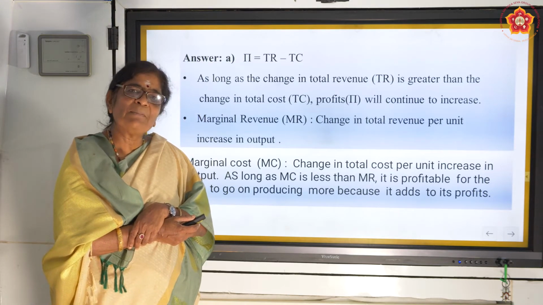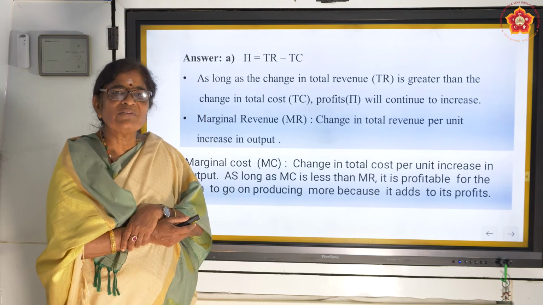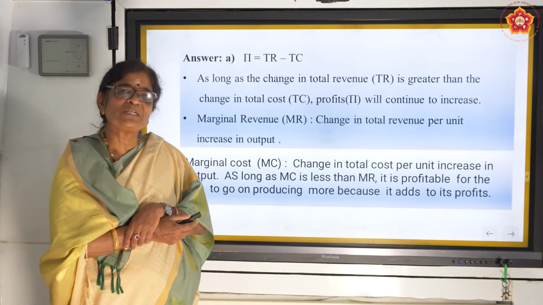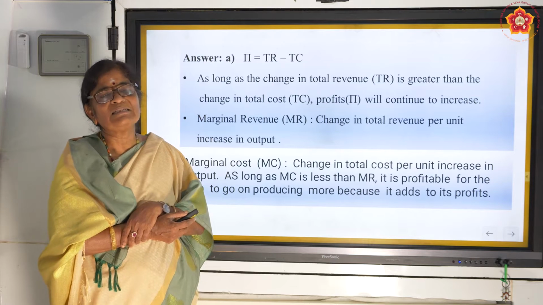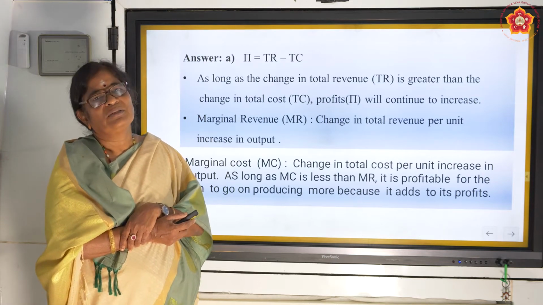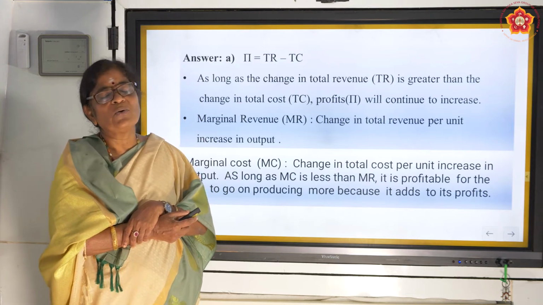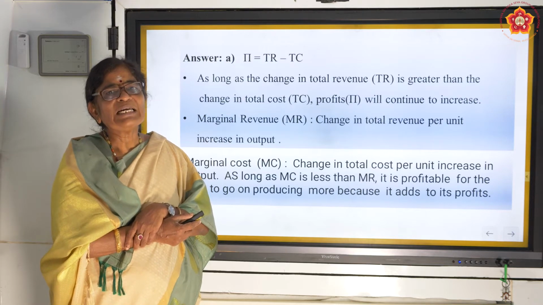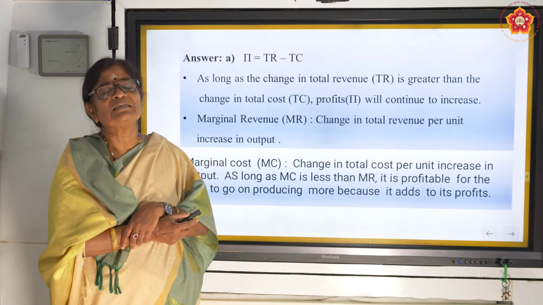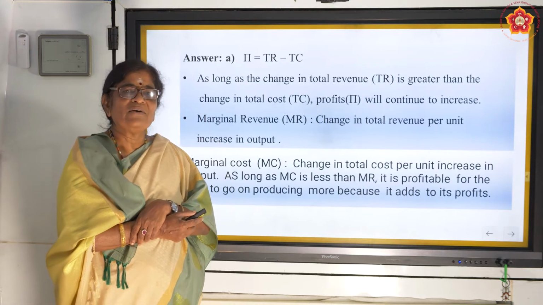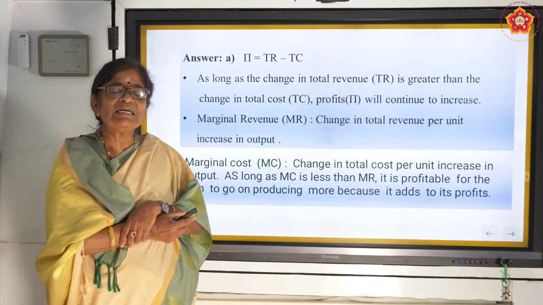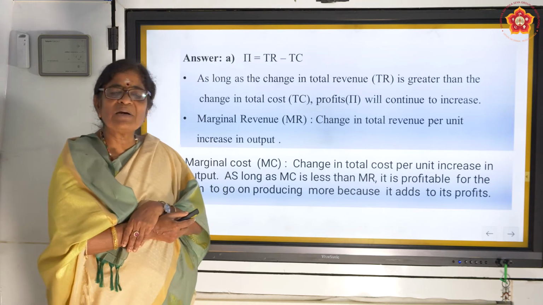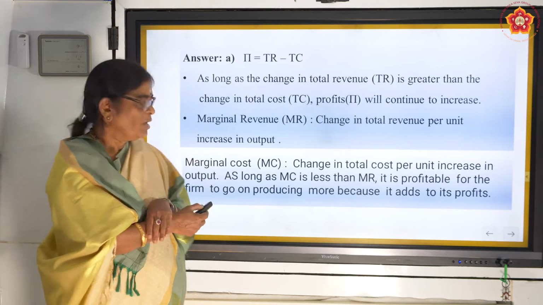Already we have discussed what MR is. MR is the change in total revenue per unit increase in output. It's called marginal revenue. The marginal concept I have explained to you in the previous sessions. Marginal means an additional unit. Here, for an additional unit of output, whatever revenue is earned is called marginal revenue. To produce one additional unit of output, whatever cost is incurred is called marginal cost. Therefore, we can say either TR should be greater than TC for the profit maximizing level of output, or we can say as long as MR is greater than MC, the firm will go on producing the level